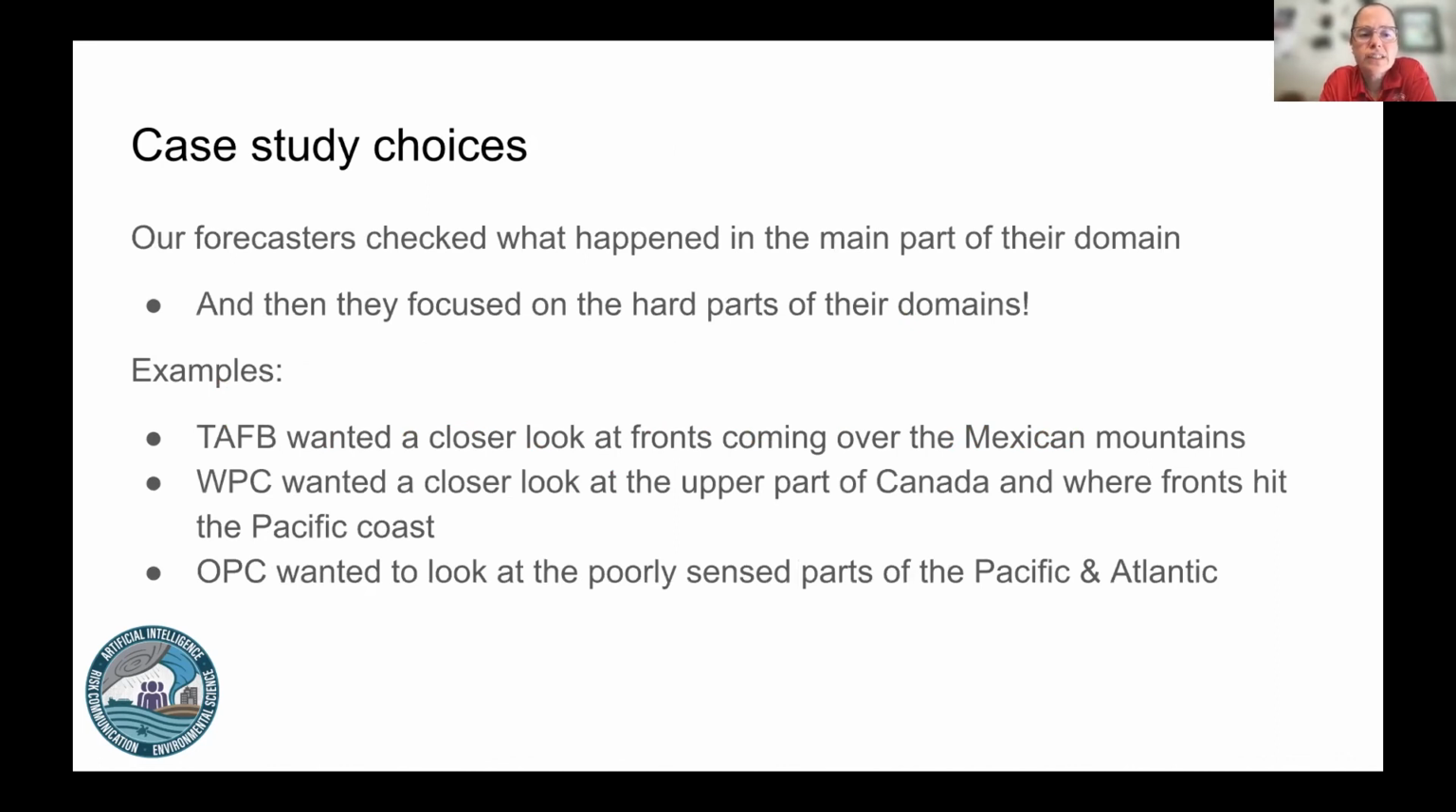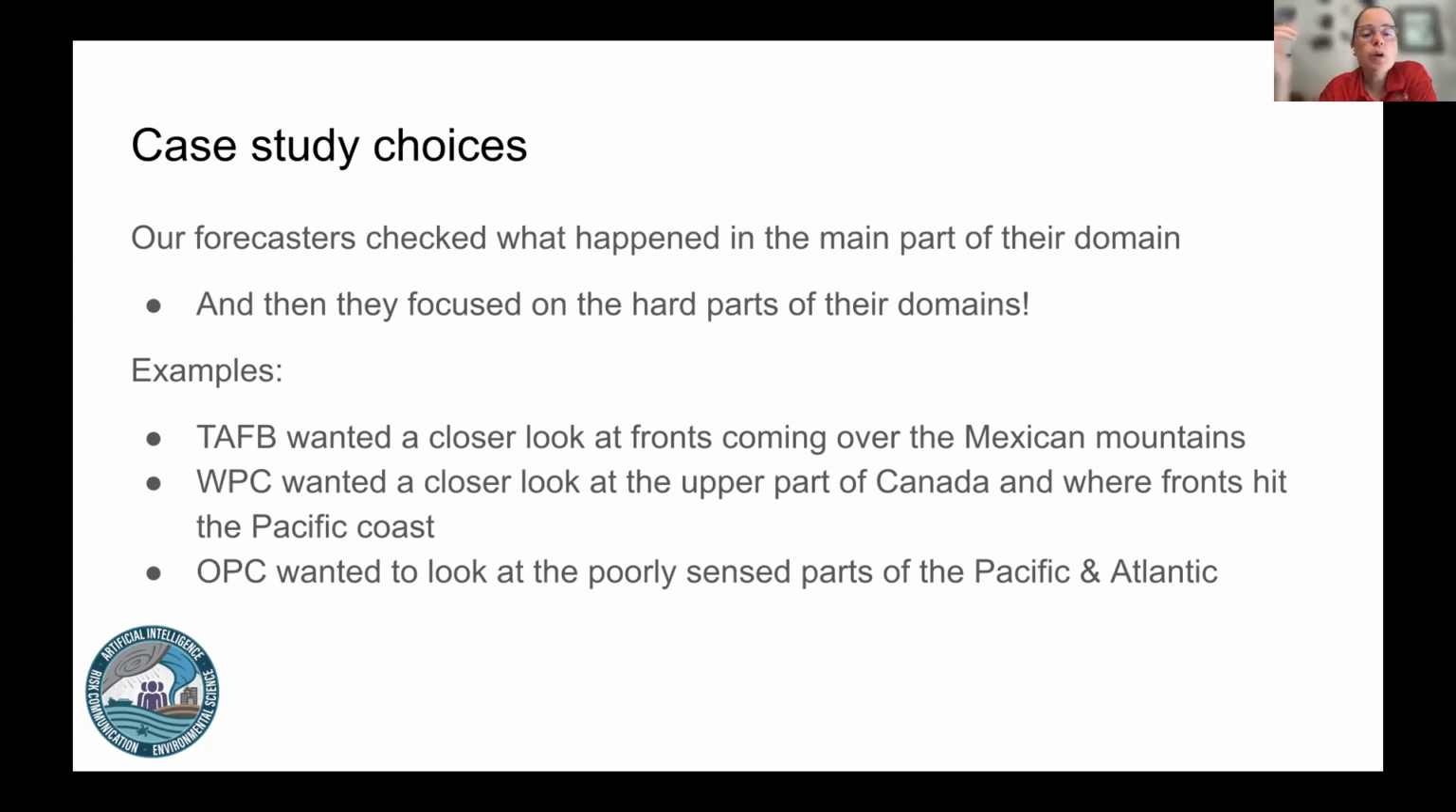So in our case study choices, our forecasters checked what happened in the main part of their domain, right? When you all were answering the poll, they wanted to see how well it worked in their main part of the domain. Like CONUS, they just looked across the whole CONUS, right? And then they would focus on the very hard parts of their domain. TAFB very specifically had a strong request that they wanted to look at how fronts come over the Mexican mountains. Because apparently when they come over the Mexican mountains, they aren't as well sensed and they tend to break up, and they wanted to make sure that our model was behaving correctly as those fronts were passing over